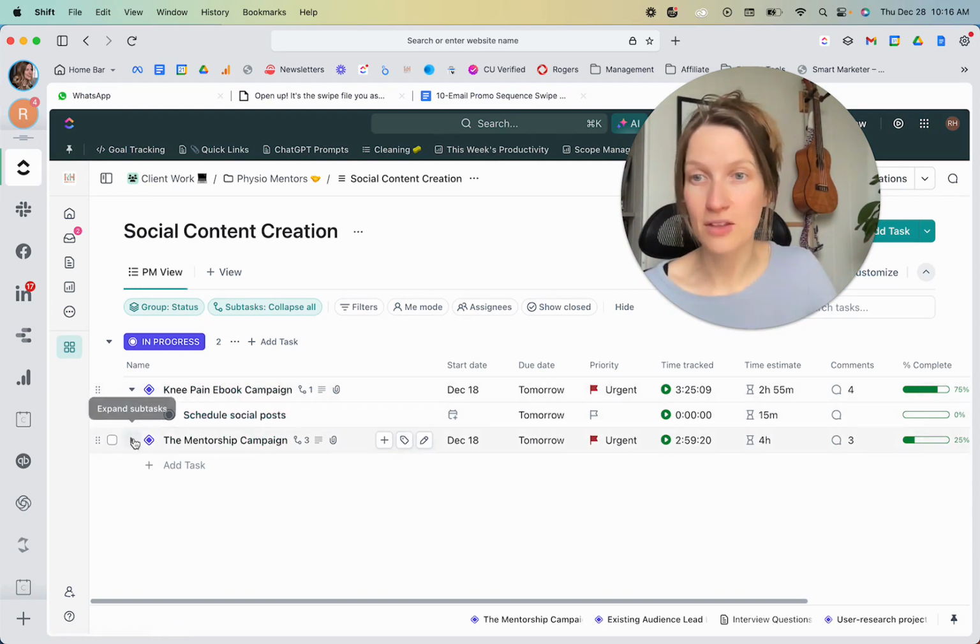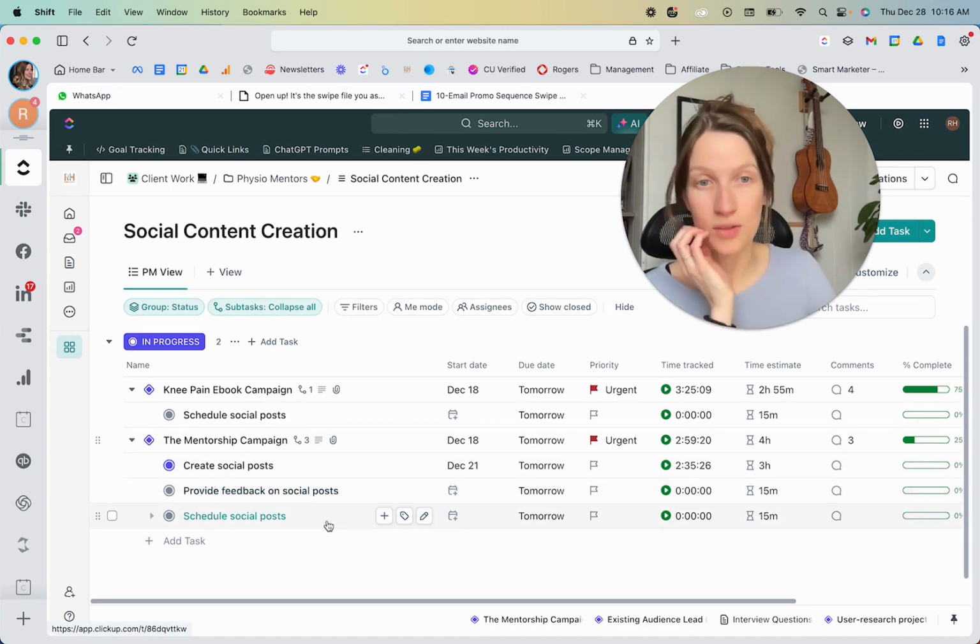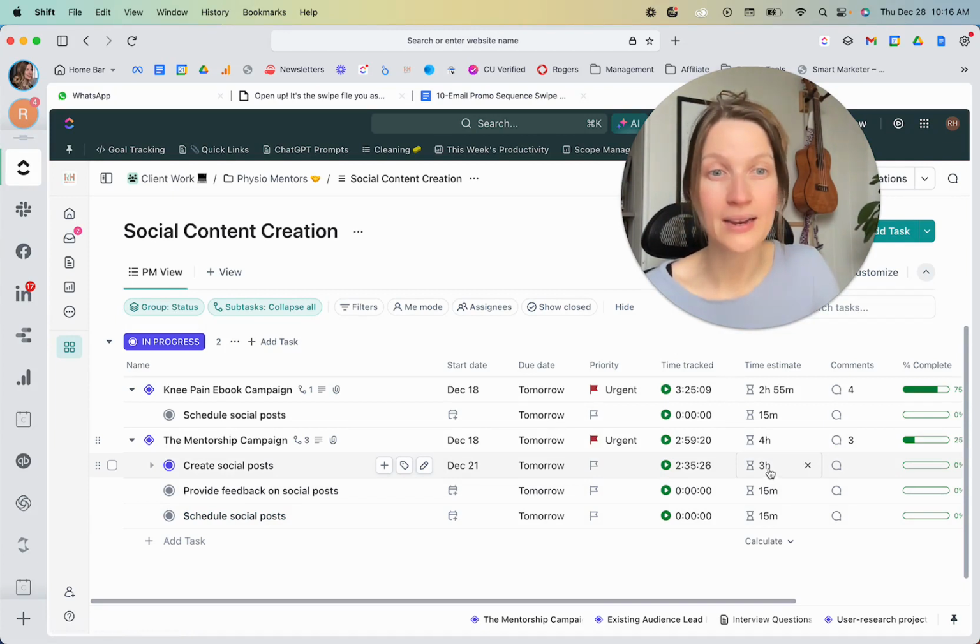So it was this one is still open entirely. So you can see it says create social posts, provide feedback on social posts, or this should actually be incorporate feedback on social posts once the client gives it to me, and then schedule social posts. So it's very simple, but the main purpose of this is just so I can provide time estimates to myself and give myself some deadlines, so that when I go to look at my daily to-do list, which I talk about a lot inside of ClickUp,